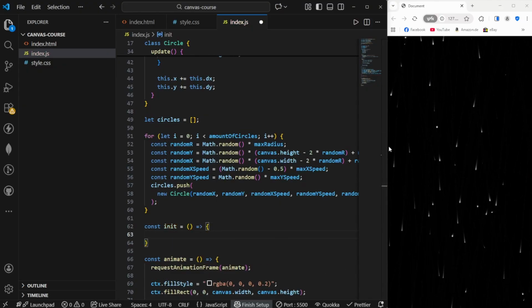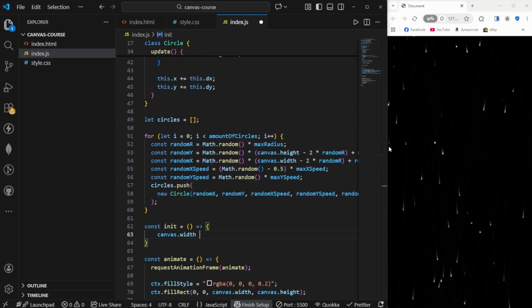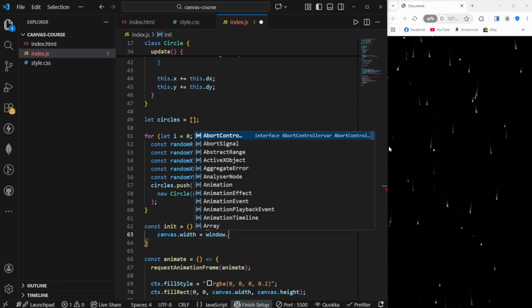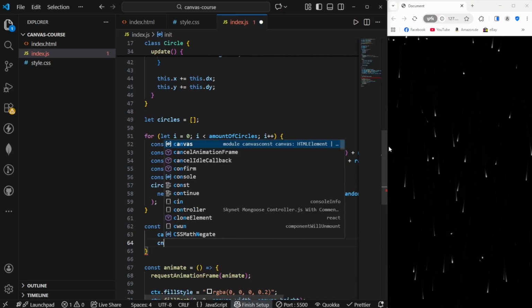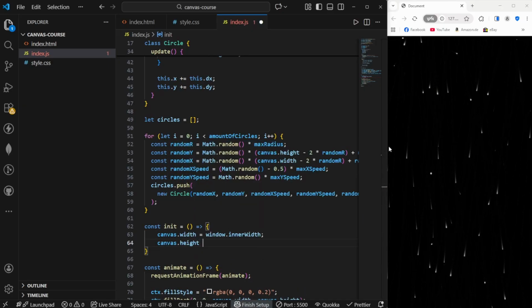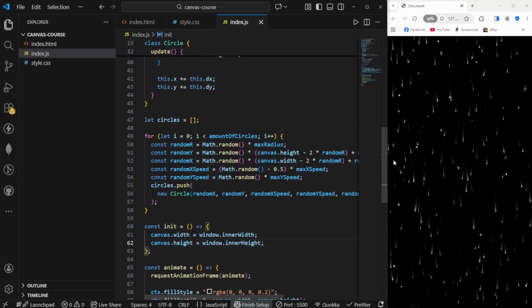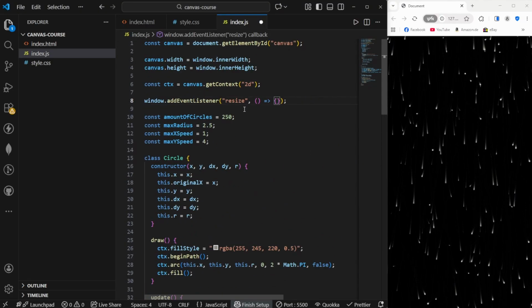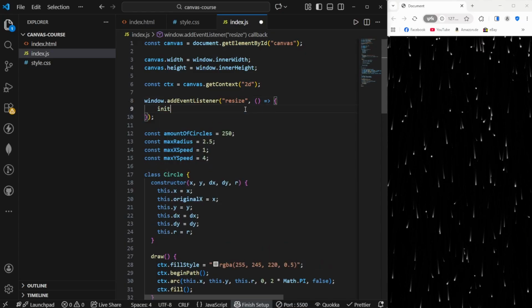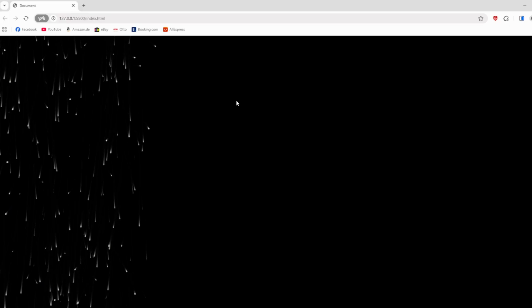And whenever we initialize, of course, we want to set our canvas.width to window.innerWidth and canvas.height to window.innerHeight, like so. And now whenever the user resizes, I'm going to call init, like so. And you can see now when I resize, we still have this effect, but you can see